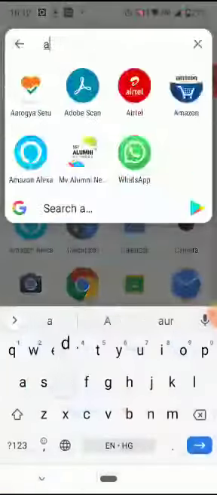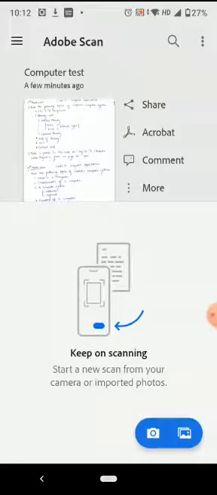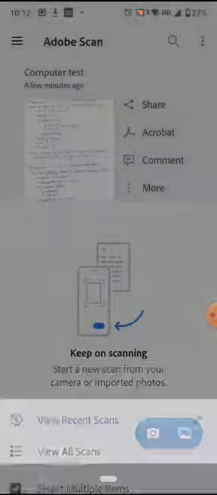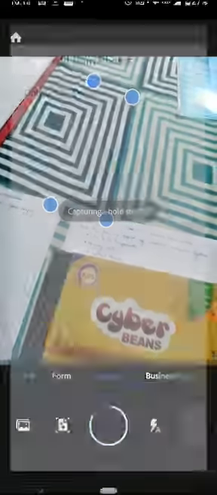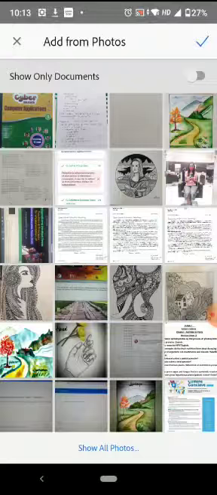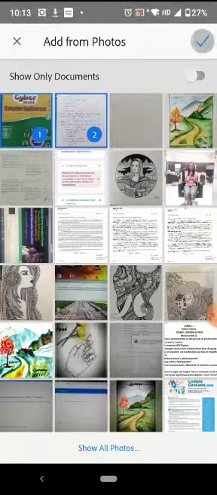Now I go to this Adobe Scan, and I go to this camera icon at the bottom, and then I go to the gallery. On the left side you can see pictures at the bottom left corner. So click on the pictures and select these two pictures, 1 and 2, and just click on the tick.